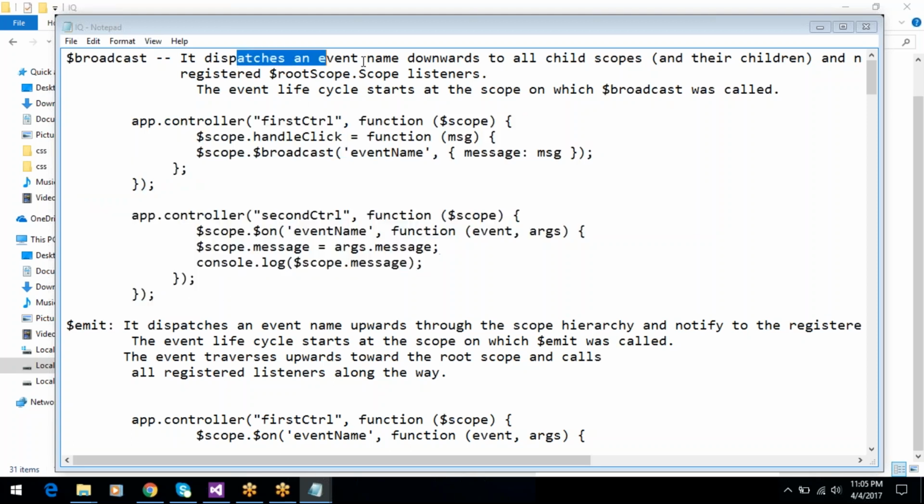So it dispatches an event name. Broadcast dispatches an event name downwards to all child scopes. Downwards to all child scopes means